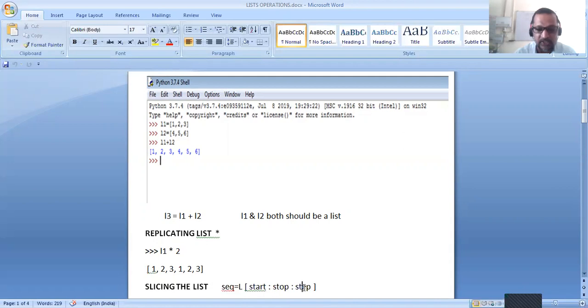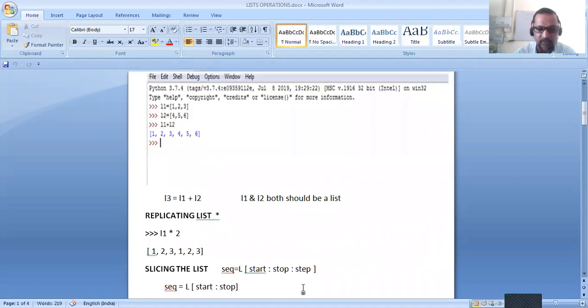Suppose there is a list L, capital L, and we derive a new list by using the slicing operation having the name seq, and we give 2 arguments, start and stop. It will return the elements of L from the index start up to the index 1 less than stop.